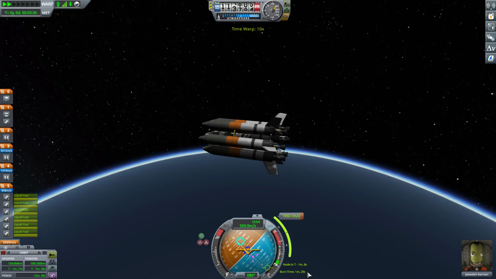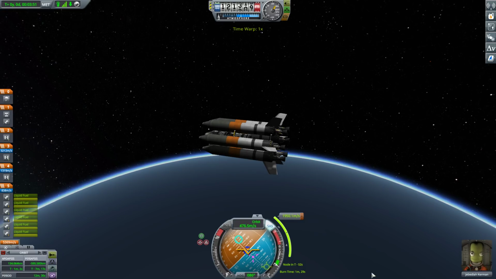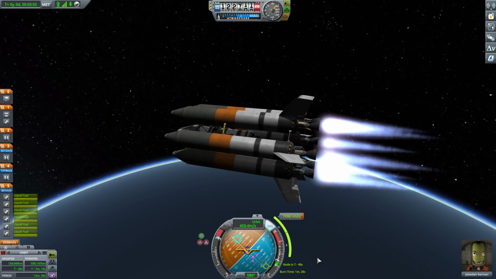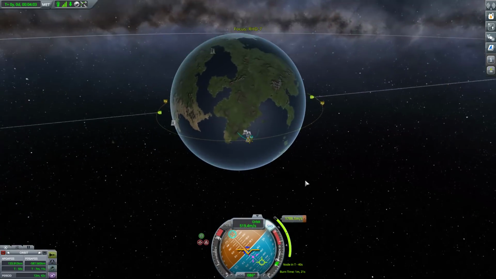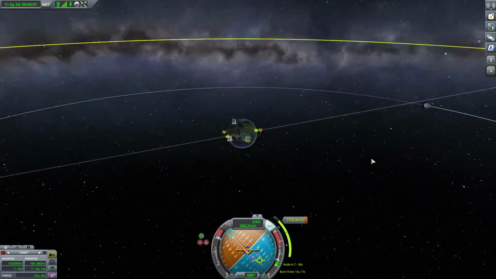There we go. Nice and centered. We're high up in space, and I'll fire it up just a little early. Looks like we're going to need to ditch one of these halfway through the burn. There's our circularization burn, and then we're going to have to match the plane of Minmus so we can do